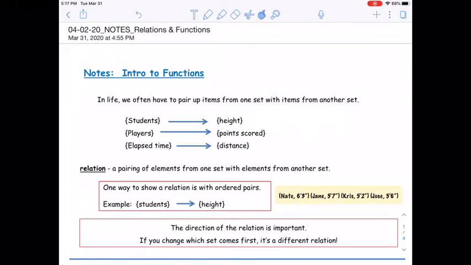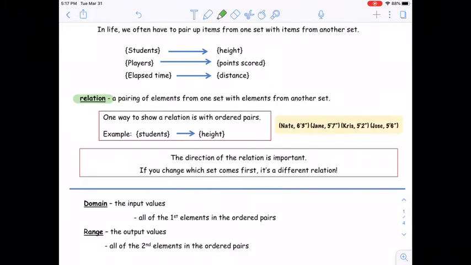Or there might be another coach that would have statistics with a pairing of the amount of time that was passed for a race and the distance that the runner traveled. So a relation is just a pairing of elements from one set with elements from another set. And one way to show a relation is with ordered pairs. For example, with the students to height relation,